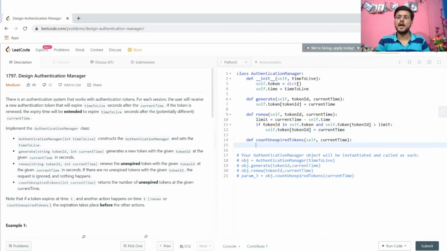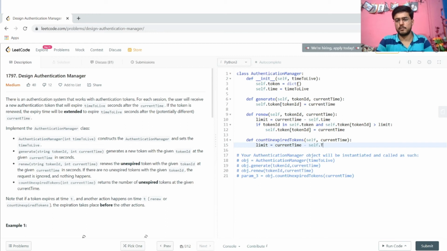And the third method is countUnexpiredTokens. We have to check the unexpired tokens, meaning first we see how many tokens are within the limit. I'm creating a limit variable, subtracting timeToLive from the current time.